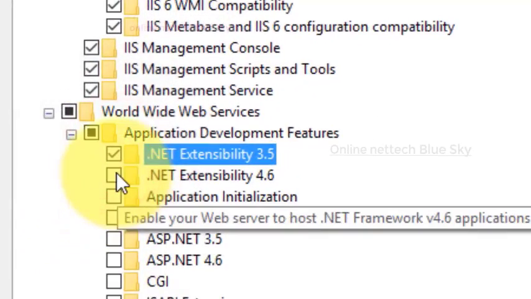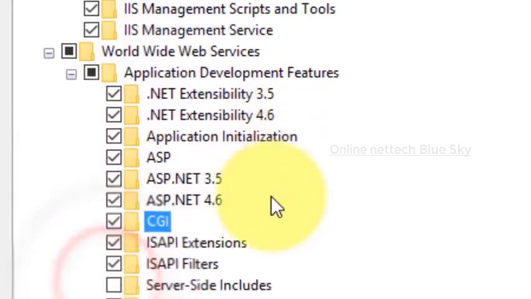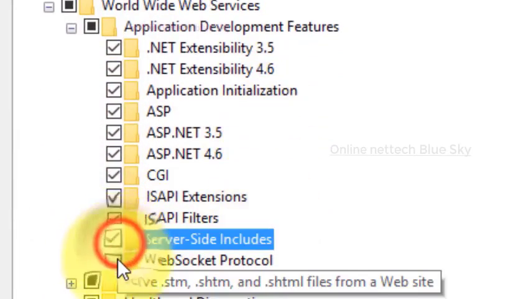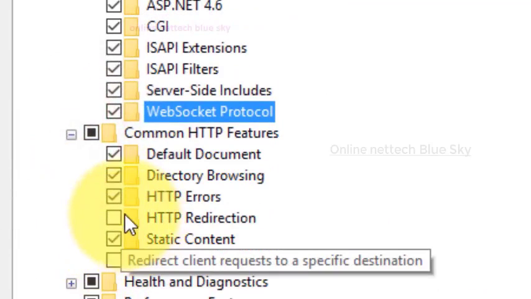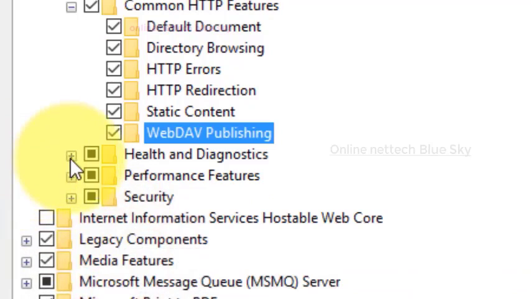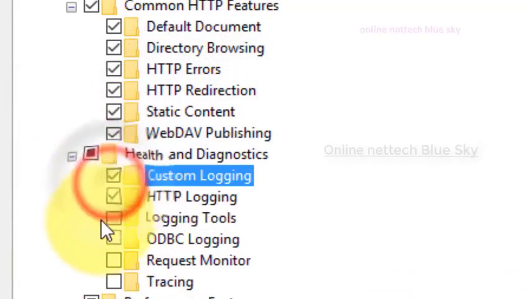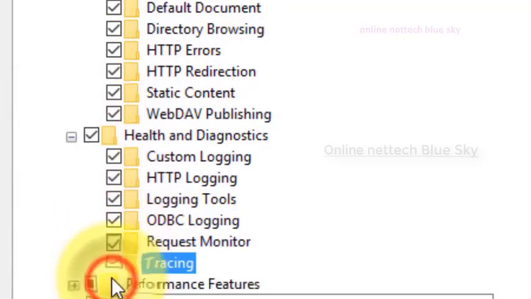So what is Internet Information Services, and why is this feature used in the Windows operating system, especially for servers? I'm first clicking on this tab and all the information features become active.